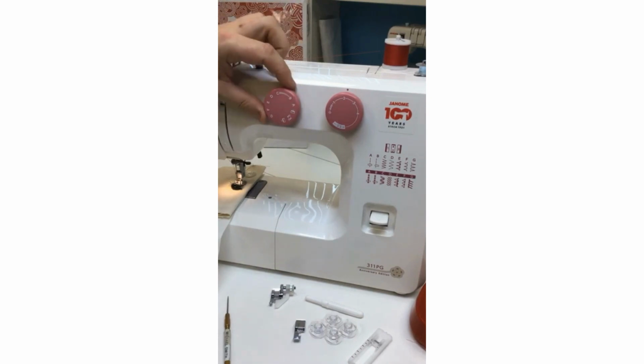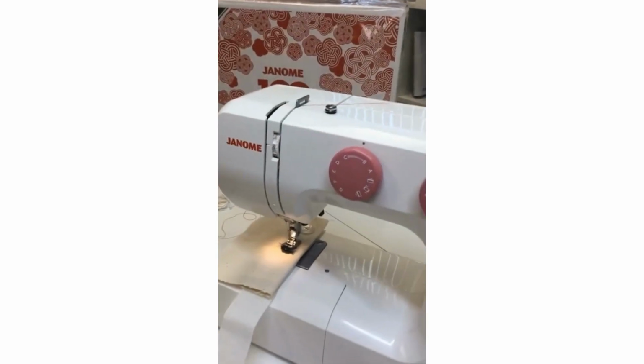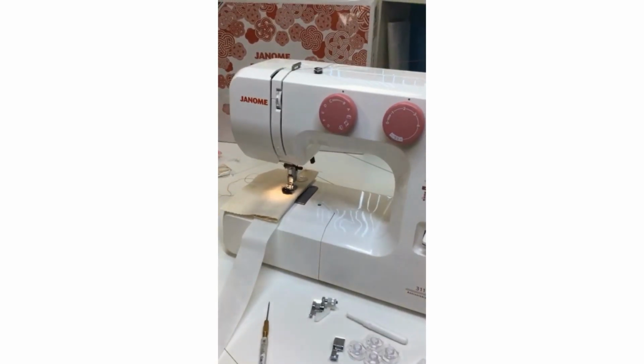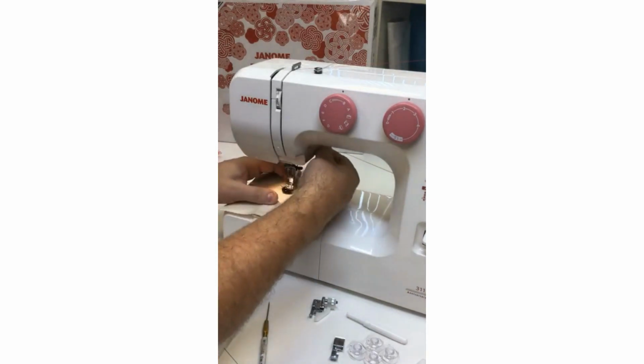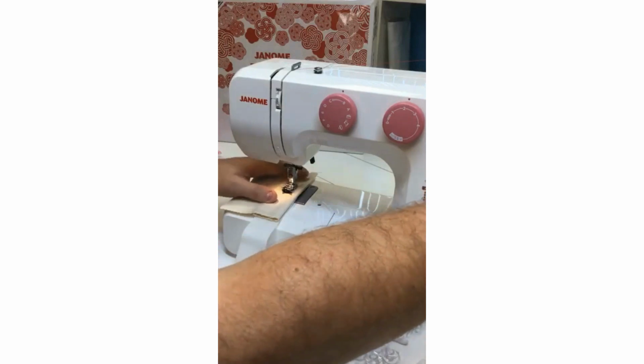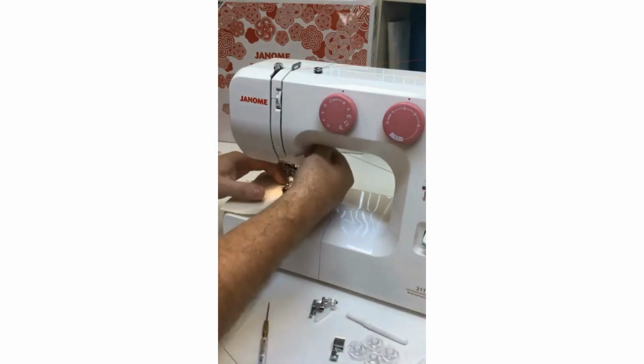And then I can control the width of that zigzag. If I have it a little closer to C, it's going to be wider. If I have it a little closer to B, it's going to be more narrow. So the cool thing is when you do these buttons by machine, regardless of what machine it is, I always do it by hand first, because I want to make sure